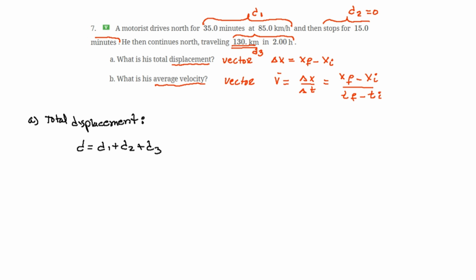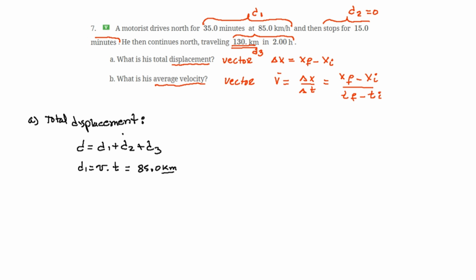As we don't know d sub 1, displacement is velocity times time. Displacement is velocity times time, right? So I have to get its velocity, and I can calculate the displacement if I multiply this velocity times the time. So what is the velocity? 85.0 kilometers per hour,